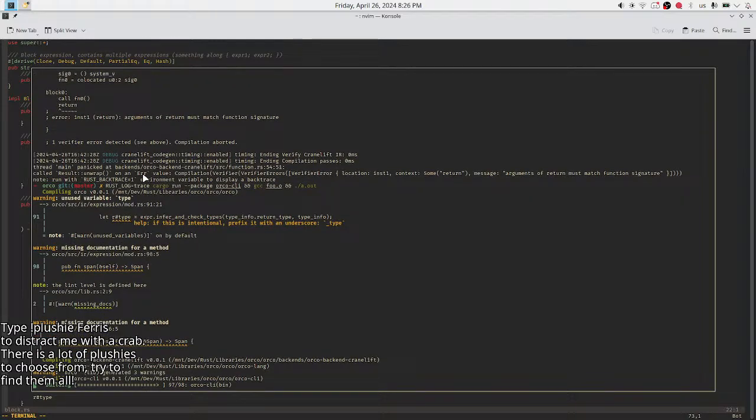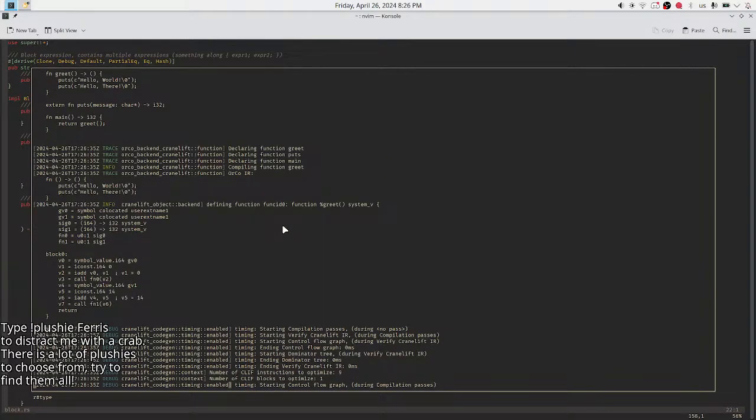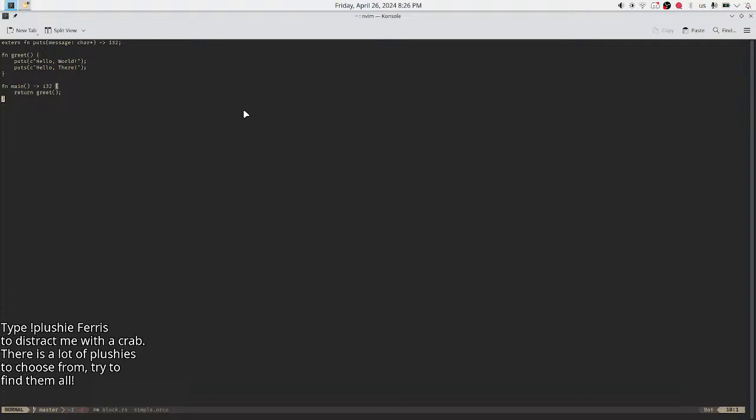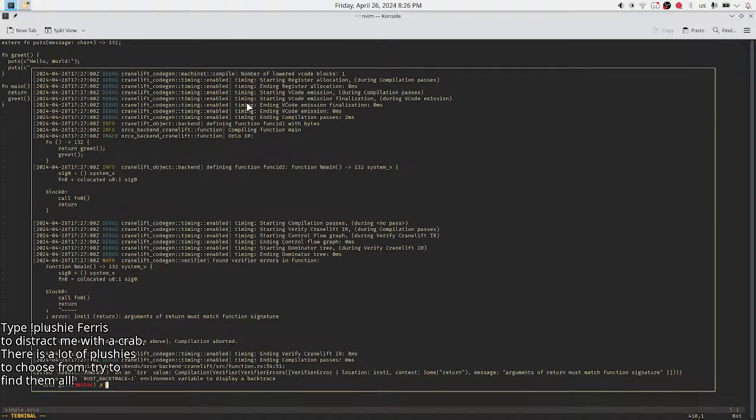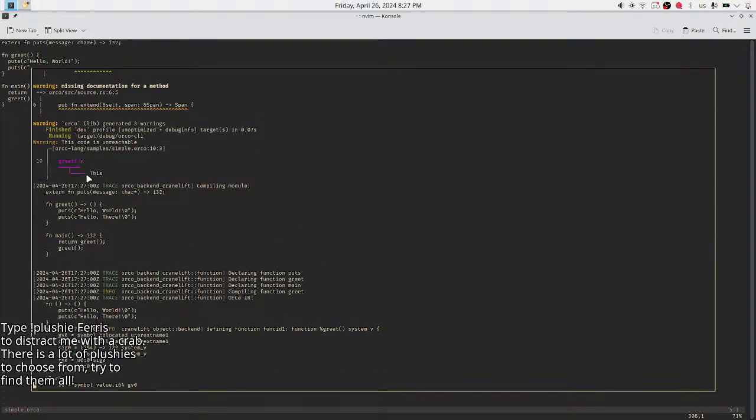Okay. Still haven't done any actual type checking. Making some random warnings just for that. Okay, simple oracle. If I now put something here, so for example greet, I think it's gonna break my compiler, and also I think this is gonna panic because it's full. No, it's not, but it should. Yeah, great. Now this code is unreachable.